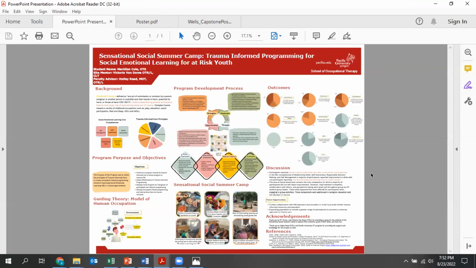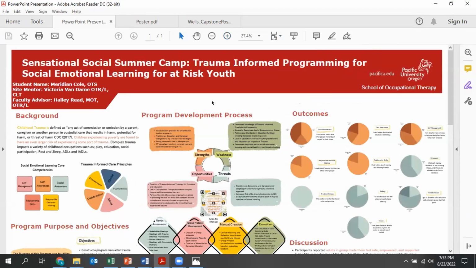This one is from Meridian Cole, and Meridian worked with a community-based organization in New Mexico called OT Circus, which is run by an OT. So it does have some OT-specific work that it does, as well as being very involved in the community. So you can see here in Meridian's poster,